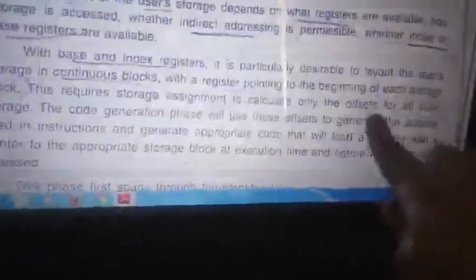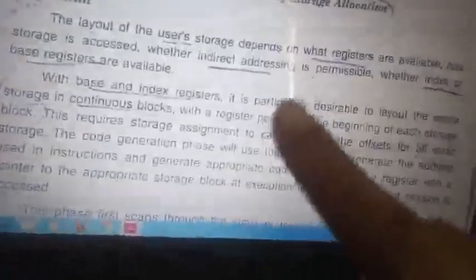Just by adding the offset we can get the next location if it is a continuous block. So depending on what kind of storage you are using, we have the algorithm. Whether the storage uses indirect or direct addressing, what kind of registers are available, and how many registers are available, meaning how many storage locations we have, decides how we initialize.